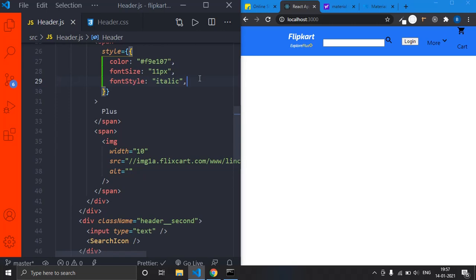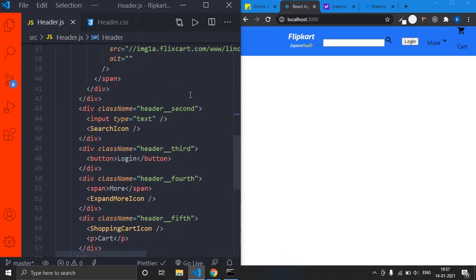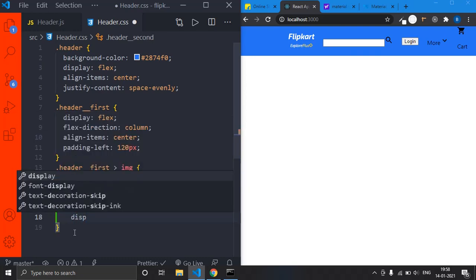Now let's get into our search bar. Let's style our search bar. Our search bar is under header second, right? So I'll just target this header second, get into header.css and press Ctrl V. Again I will take display flex.